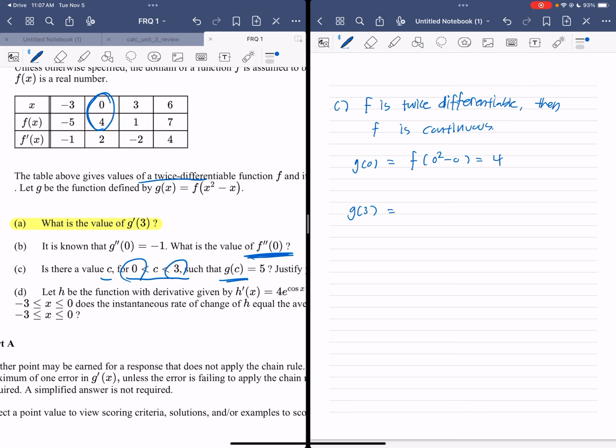And g of 3 is going to be f of 3 squared minus 3, which is f of 6, which is equal to 7. So do you see g of 0, 5, g of 3? Therefore, by the mean value theorem, no, intermediate value theorem. Did I say mean value theorem? Intermediate value theorem, g, there is C